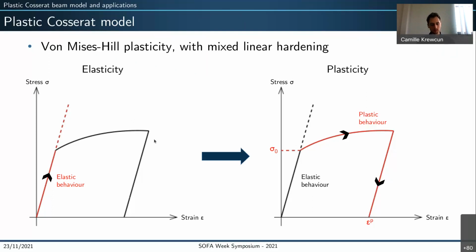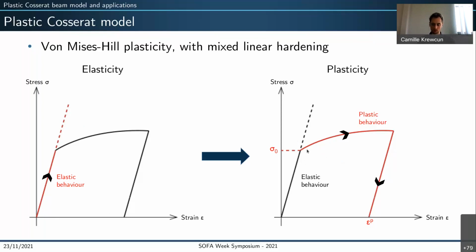So in one dimension, you can see here on the left that when you're dealing with elasticity, the relation between stress and strain inside the material is purely linear. And if you stop deforming your material, it will go back following the same slope to its original shape with no remaining strain. Whereas on the right, when you're dealing with plasticity, you can see that at some point during